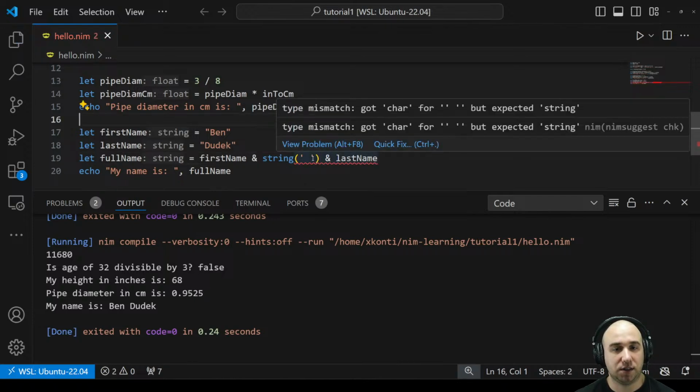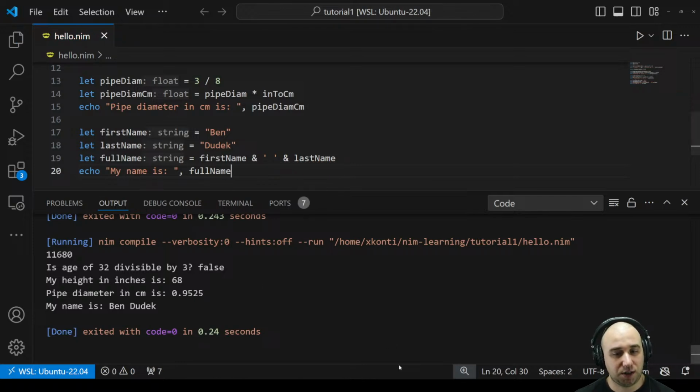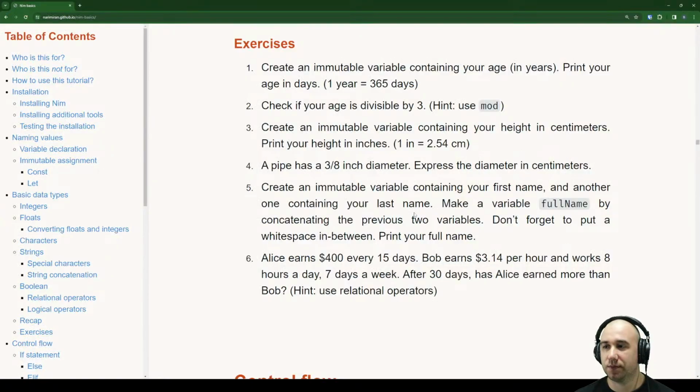What? A character for expected string. Okay, I guess it doesn't work. So, okay, that's great. It's good to know it works. What is next? Next, we have